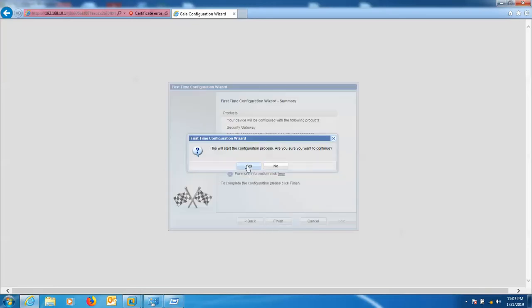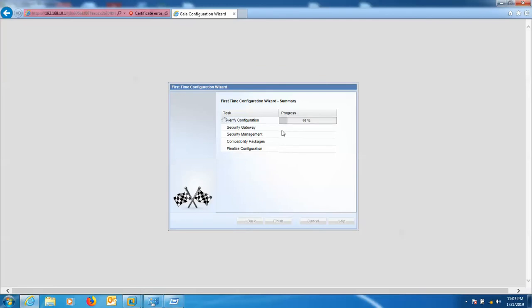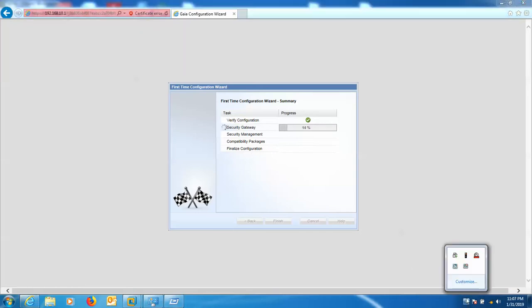So this is the start of the first time configuration process. Verify configuration, security gateway, security management, and compatibility package, and finalize configuration. So I have paused the video because